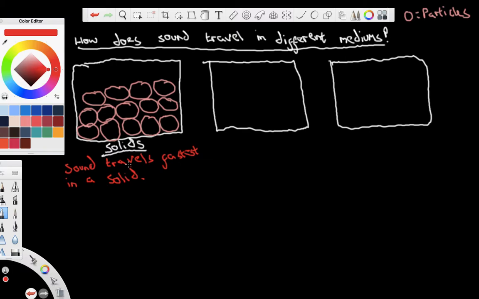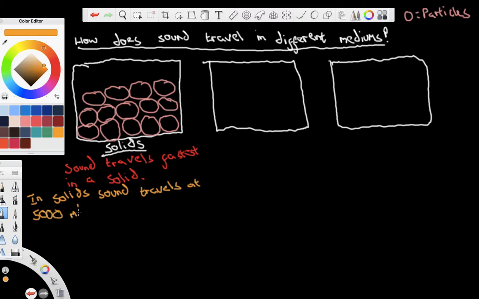Approximately in a metal such as steel, sound travels at 5,000 meters per second. So we can say that in solids, sound travels at 5,000